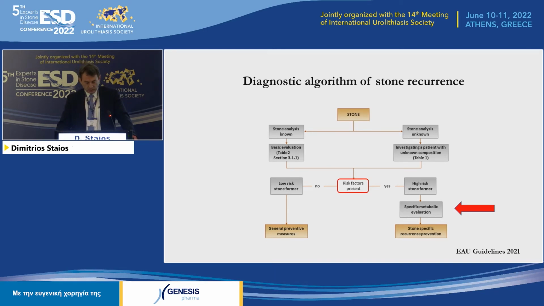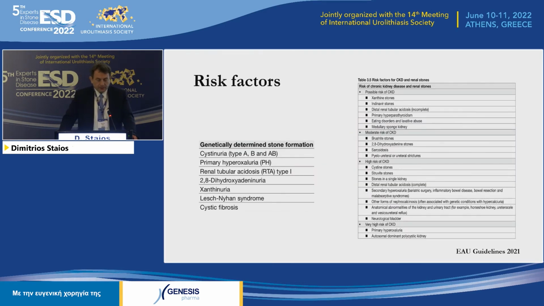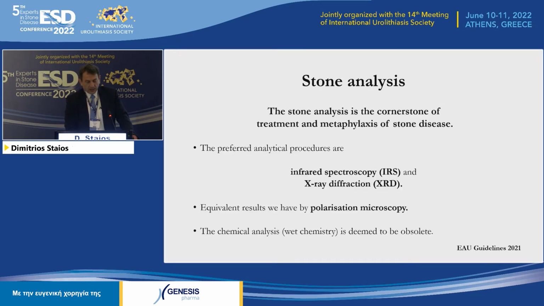that we can catch, and we have the stone analysis of an unknown stone. And of course, for the patients that have risk factors, we have a specific metabolic evaluation. Primary hyperoxaluria is a genetically determined risk factor, and the risk for chronic kidney disease is also very high. So the cornerstone of the metabolic evaluation of stone disease is the stone analysis,